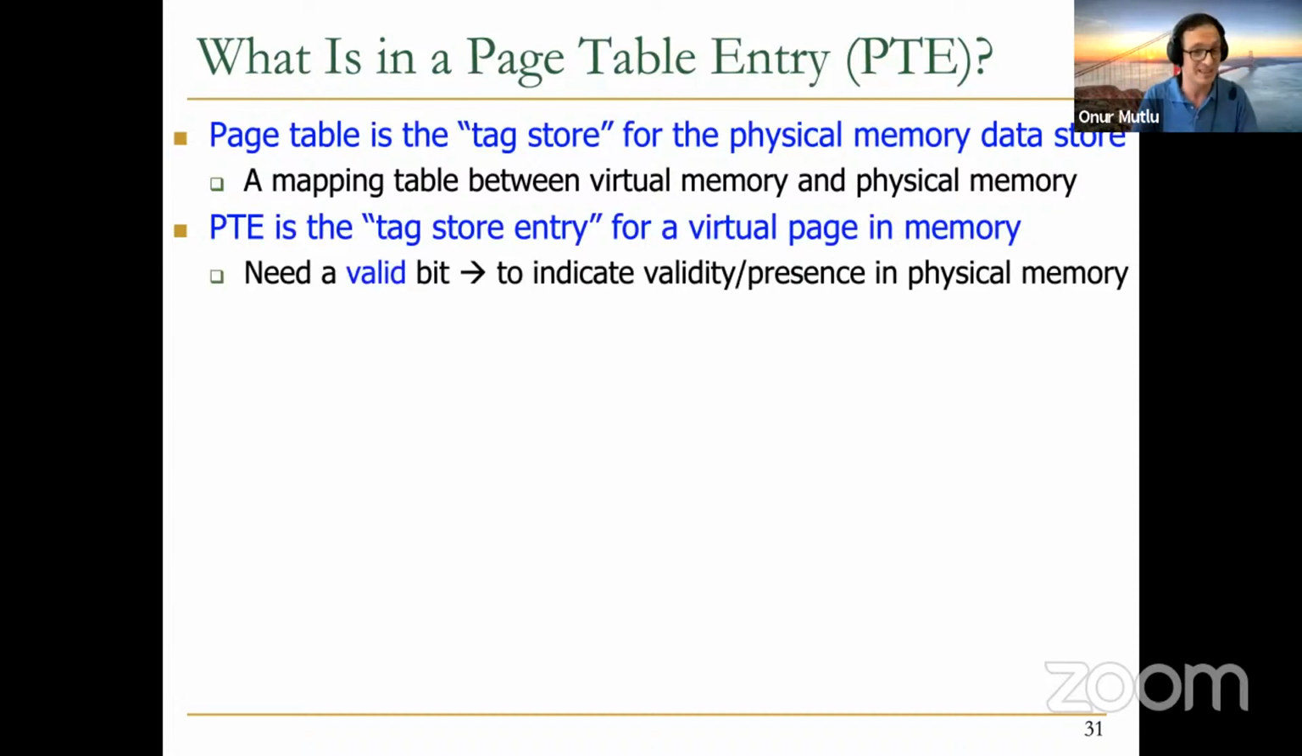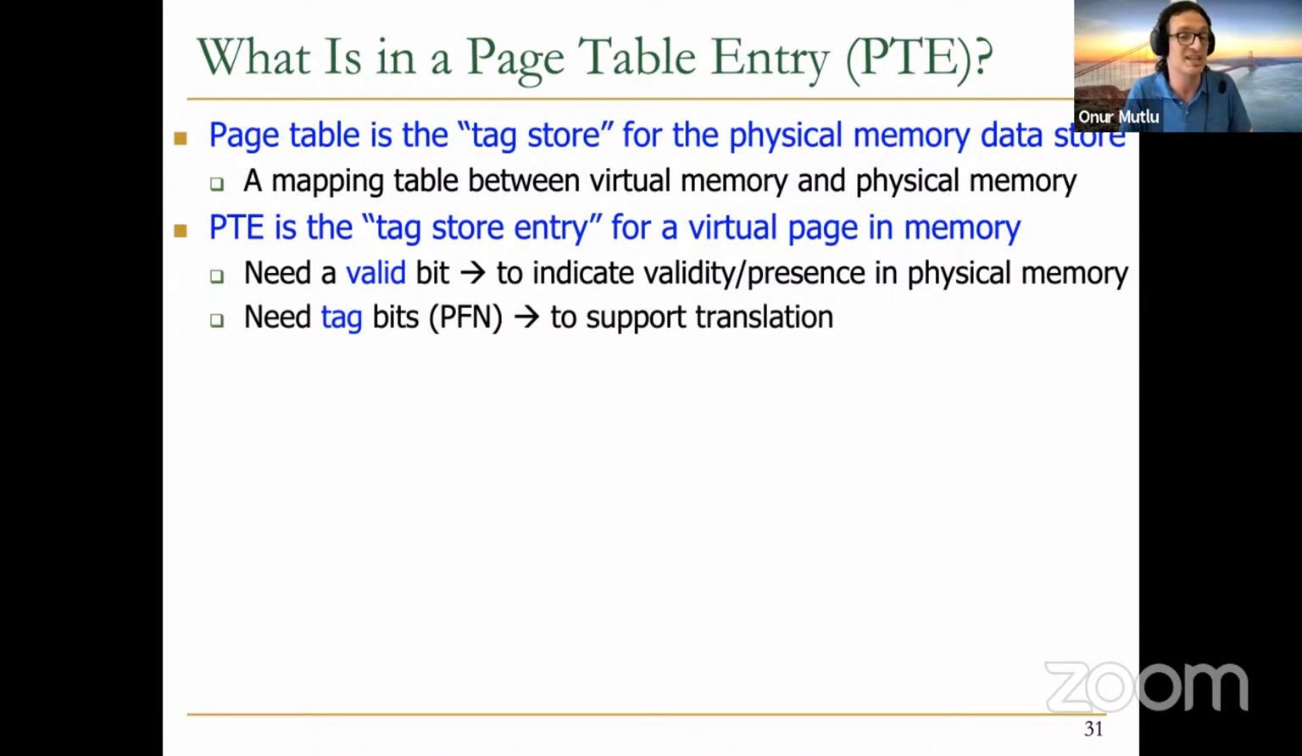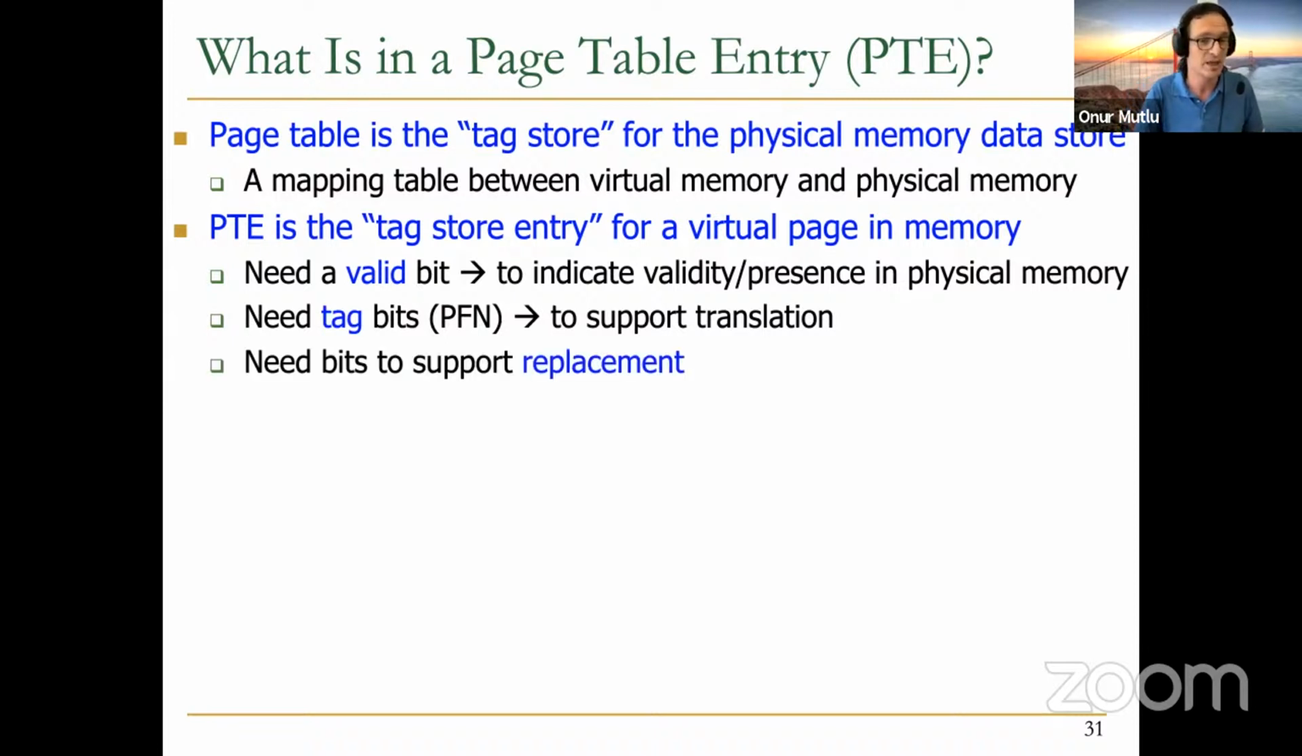So you need a valid bit. You need to indicate validity, or presence, of this virtual page in physical memory. You need tag bits, the physical frame number or physical page number, to support translation, of course. You need bits to support replacement: what page gets replaced from physical memory if the physical memory is full and you need to bring in another